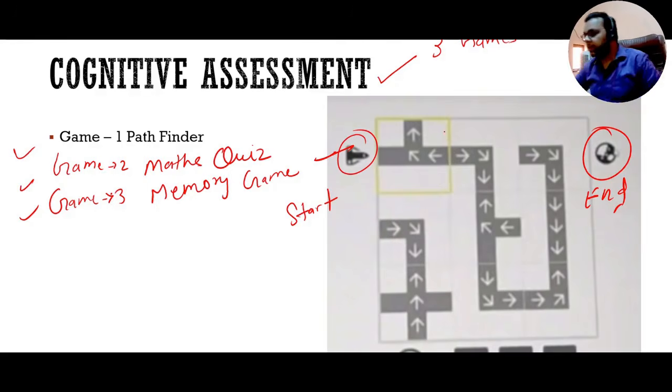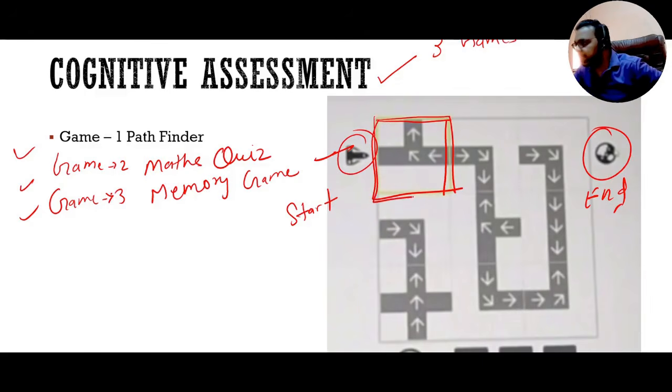Now look carefully. You will see the arrows are not going in the actual direction. You will be getting an option to select the block. Suppose if you click on this block, it will select this whole block. After selecting this whole block, you can perform two operations. Either you can rotate this block. You can rotate it in the clockwise direction, so the whole black part will start rotating.